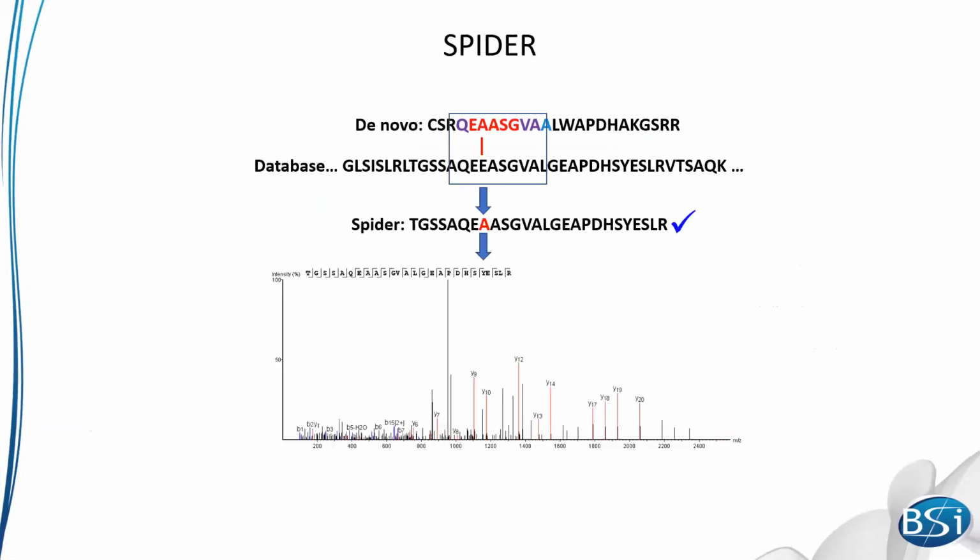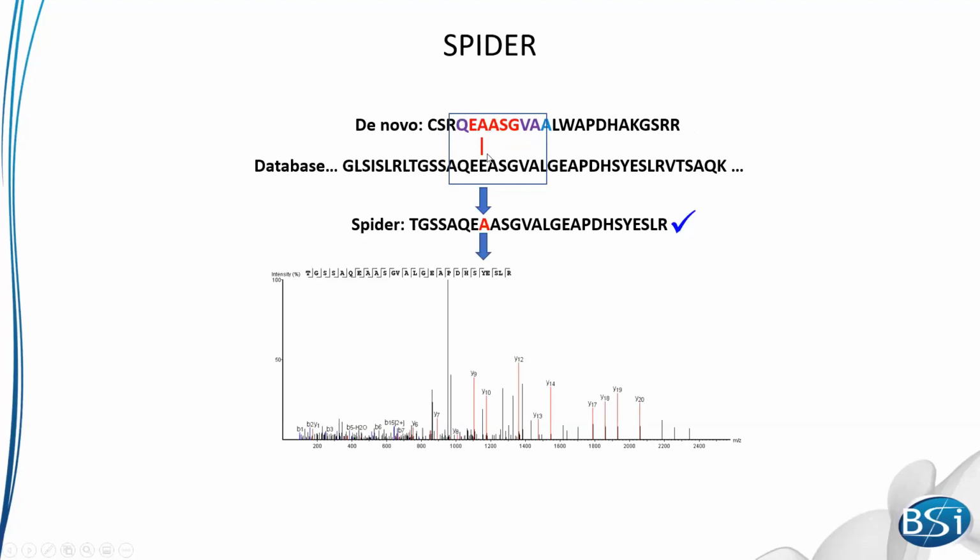And then we also have our Spider search tool. So Spider is actually closer to a BLAST search than it is to a traditional database search. The concept is that we search through your target database with your de novo sequence tag until we find a sequence in the database that is similar to the confident part of your de novo result. This is represented here by red letters, meaning that we're above 90% confident in this part of